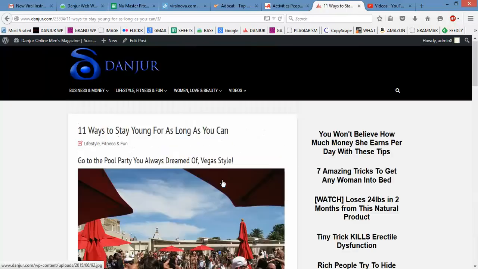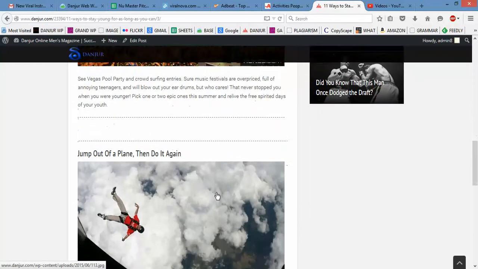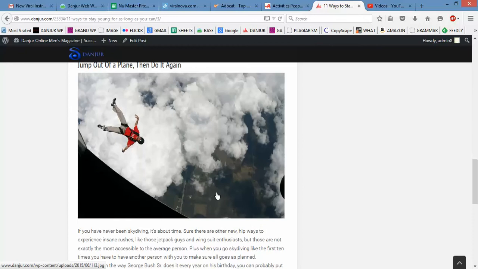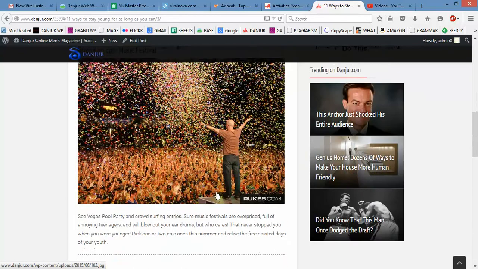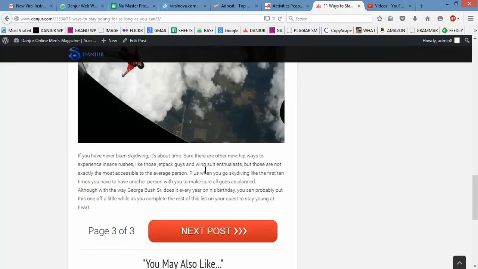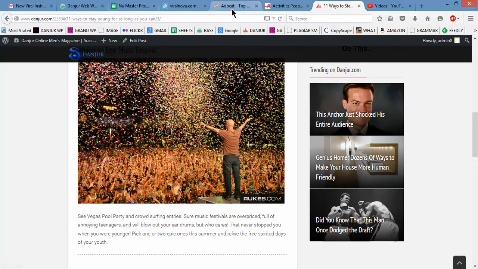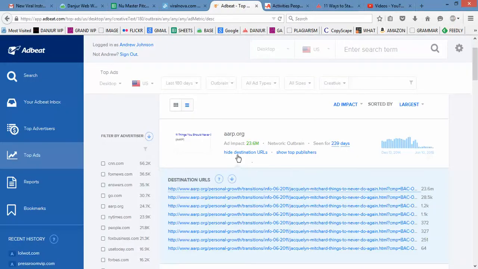Take a look at the last page. As you can see, I got some more going on here. Pool parties, music festivals, and jumping out of an airplane. All really cool pictures, a lot going on. Visually, it's kind of cool to look at, with my little captions to go with them. All that stuff's all original. I didn't even read what was on that AARP piece because I was going to change it completely anyways. Make it all new, original stuff. So basically, that's the whole pitch process summed up very quickly.